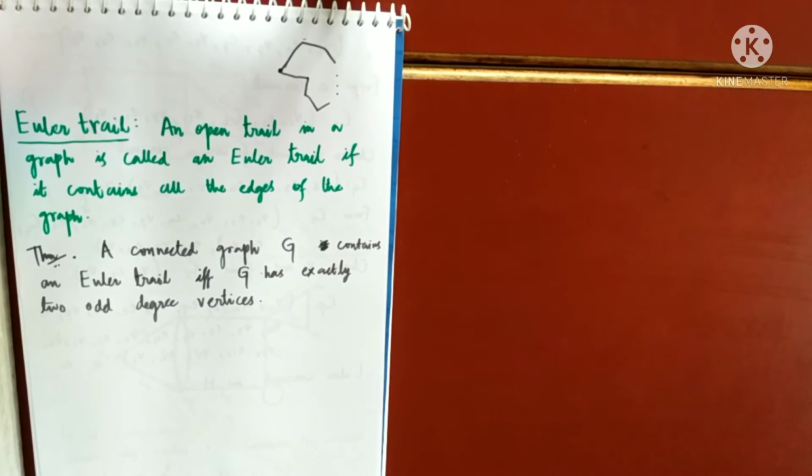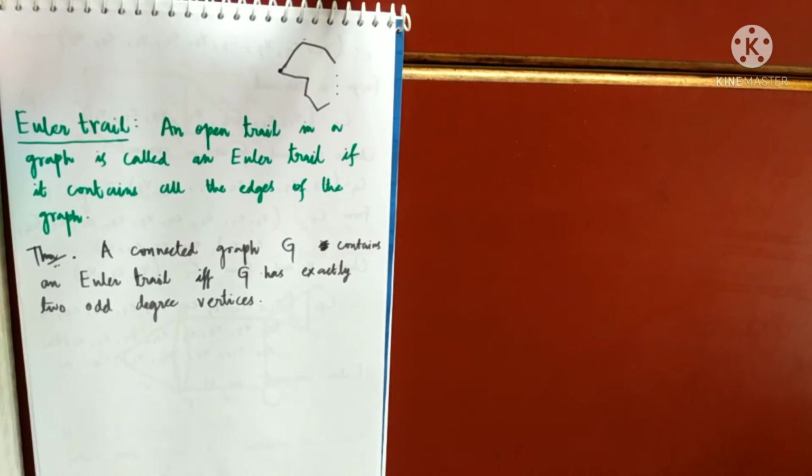So keep one thing in mind, again and again I am telling you, even if your graph contains an Euler trail, we do not call that graph an Eulerian graph. We are just reading this topic after Eulerian graph. We are just taking a weaker condition, but this has nothing to do with the Eulerian graph. If my graph is Eulerian, I am talking about an Euler circuit and not an Euler trail. Euler trail is different, Euler circuit is different.